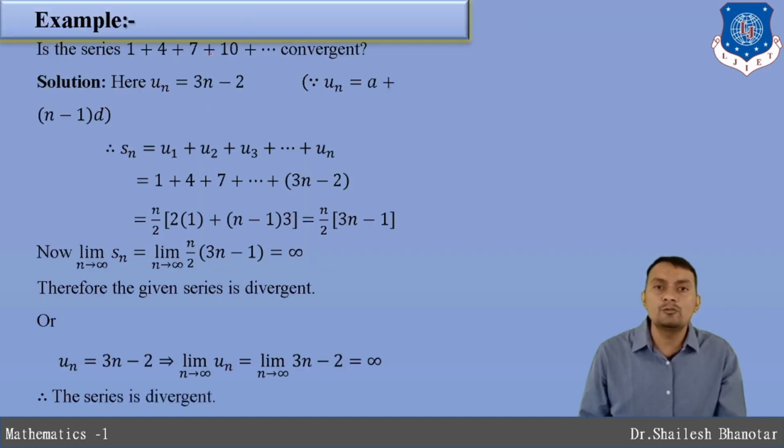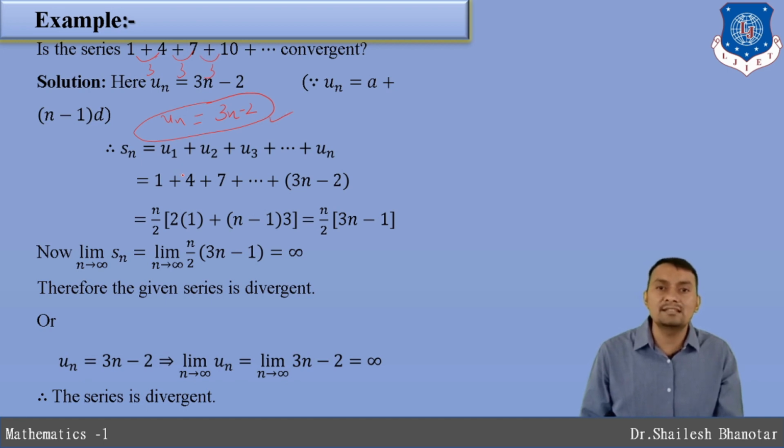Is the series 1 plus 4 plus 7 plus 10 and so on convergent? Here you can see that each term has a difference of 3. So the difference is 3, again the difference is 3, that means 3 times n is fixed. But when I put n equal to 1, I get only 3, but I want the first term 1, so I have to subtract 2, and therefore this is exactly un. You may verify: when n is equal to 2, 3 times 2 is 6, 6 minus 2 is 4. When n is equal to 3, 3 times 3 is 9, 9 minus 2 is 7, and therefore this is our nth term.